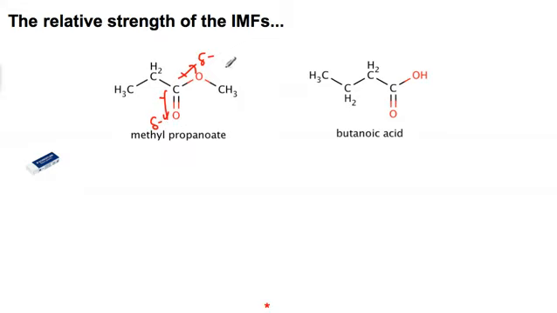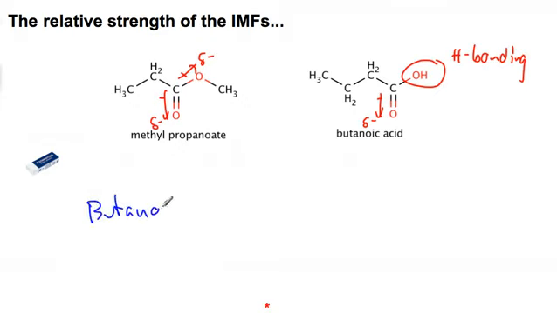And again, butanoic acid also has dipole-dipole forces because of that C double bond O, but again, here we have hydrogen bonding. And so if we were to predict, we would predict butanoic acid would have a higher boiling point